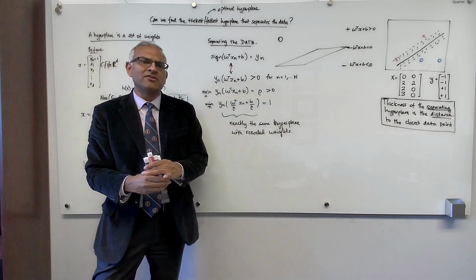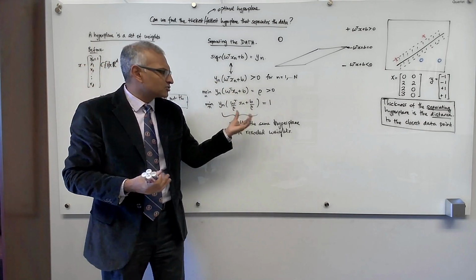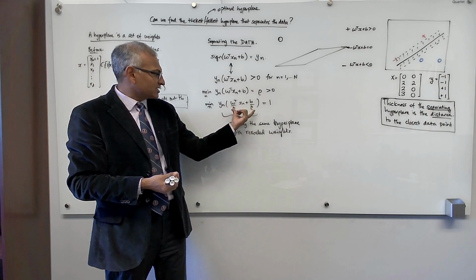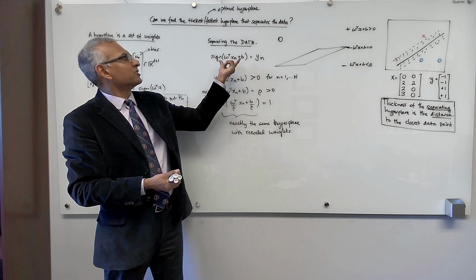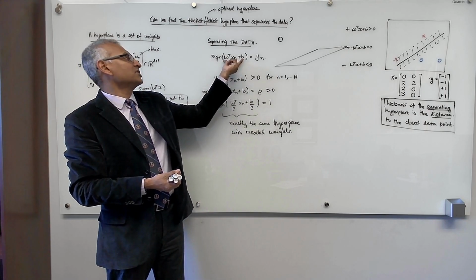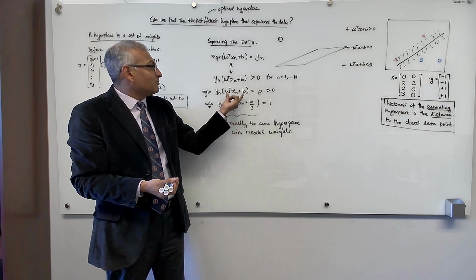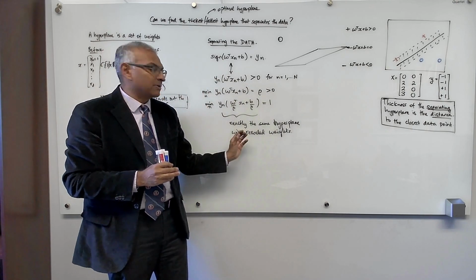So that means that if you have any hyperplane that separates the data, there's an equivalent hyperplane, geometrically. This is exactly the same hyperplane, because if you rescale weights, you do not change the sign. So the final hypothesis h of x, when you rescale weights by any positive number, is unchanged. So if you give me any hyperplane that separates the data, there's an equivalent hyperplane that separates the data according